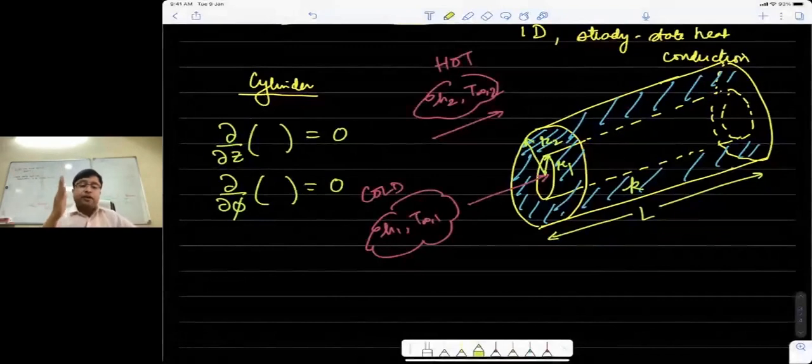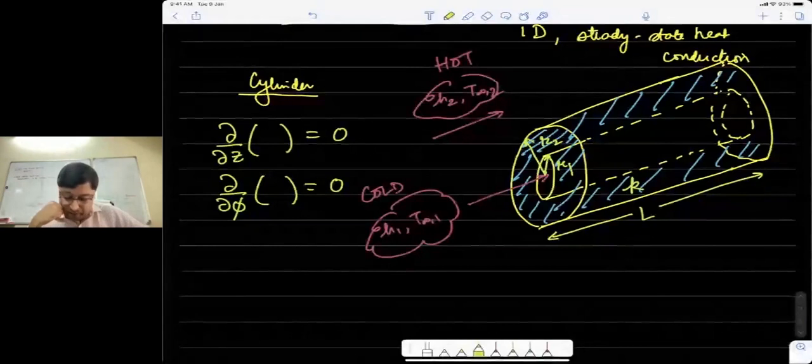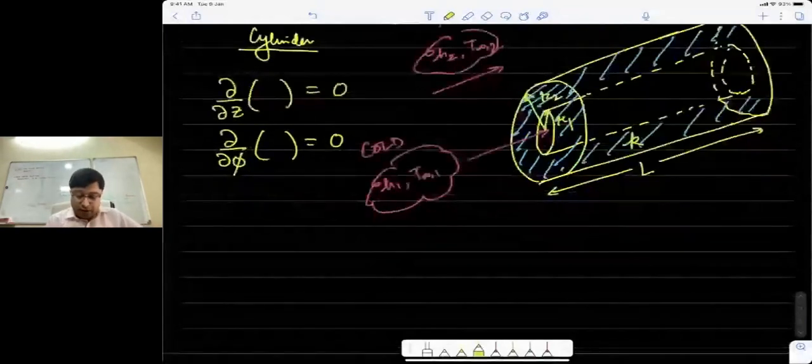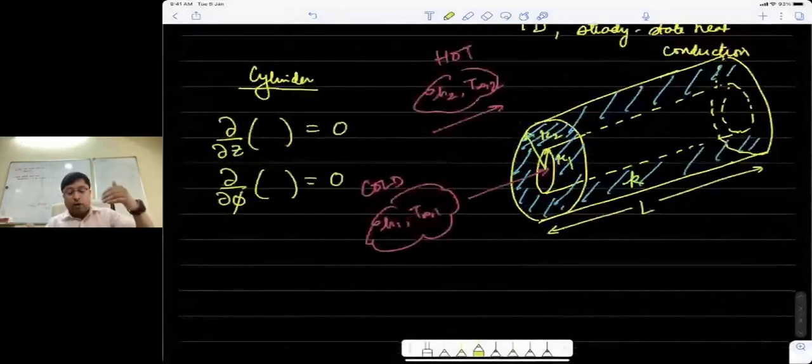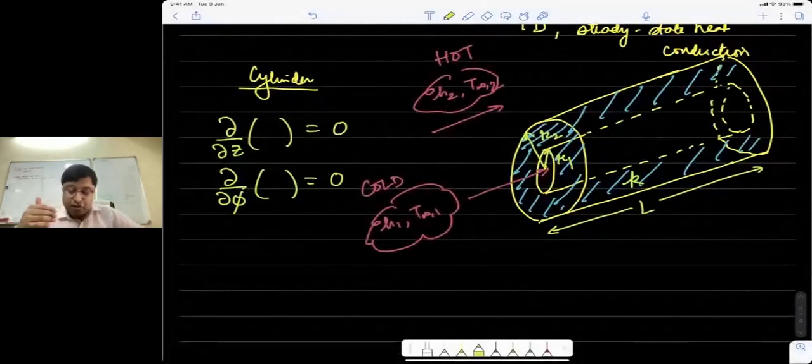So remember radial, what is the radial vector? Radial vector is always pointing outwards. So in this case, the radial vector is actually pointing from the colder fluid to the hotter fluid. So remember that. Okay, so how do we solve this problem? First of all, we know that heat will be flowing from the hotter to the colder side, and there is no heat generation. So heat flow would be from the outer surface to the inner surface, which is opposite to the radial vector direction. So we expect that the heat flow will come out to be negative. I mean, in vector form, it would be negative.